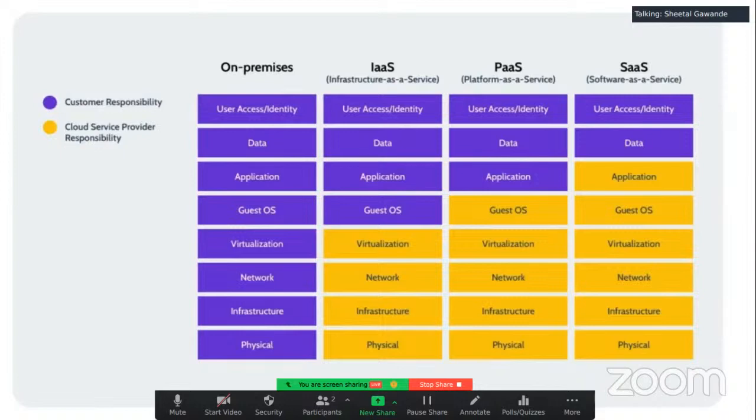So these are the three different service models available on the cloud platform: infrastructure as a service, platform as a service, and software as a service. In infrastructure as a service, you are getting the various virtual machines, the servers, and network. If you're talking about the Amazon cloud, you will have the EC2 machine. In Microsoft Azure also, you have different virtual machines with different configurations